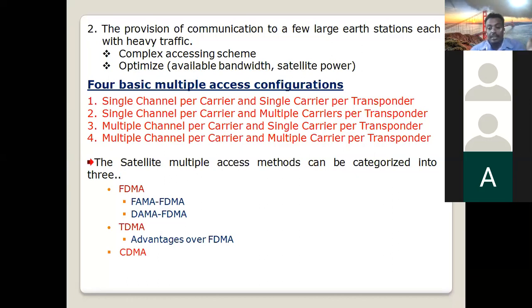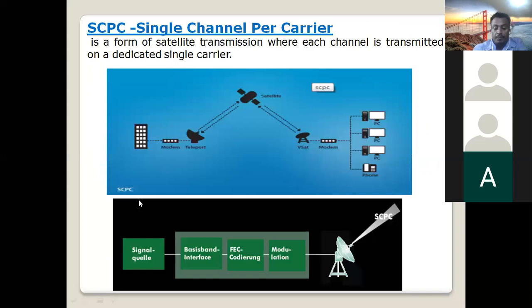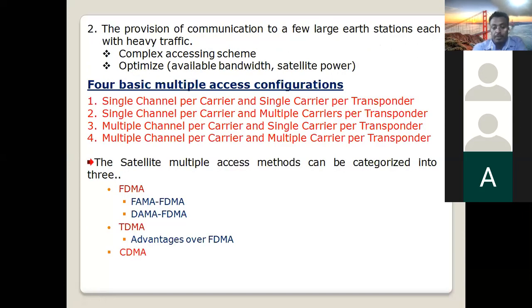What are the three multiple access methods? FDMA, as you can see at the bottom of the slide, frequency division multiple access, which is also two types. TDMA is another multiple access method, time division multiple access, and the hybrid one, the combination of the two, code division